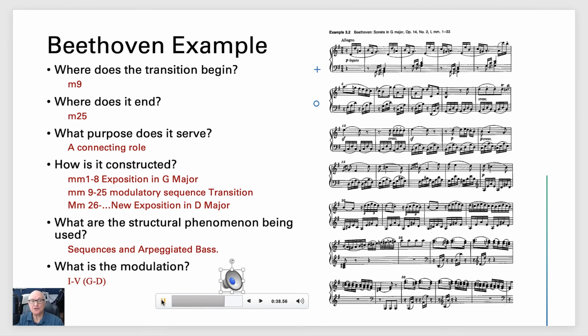New exposition material. And we're in a new key. So what purpose does it serve? It's a connecting role, and it starts in measure 9, and it ends in measure 25. And he uses a lot of sequential material. You'll remember hearing